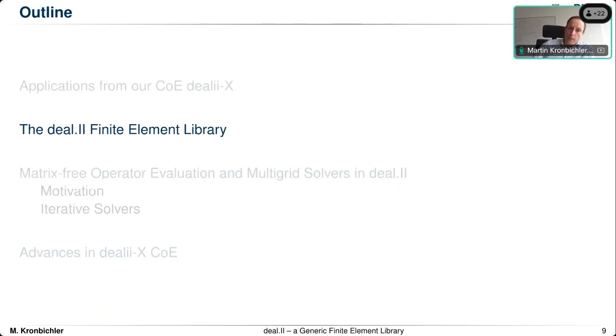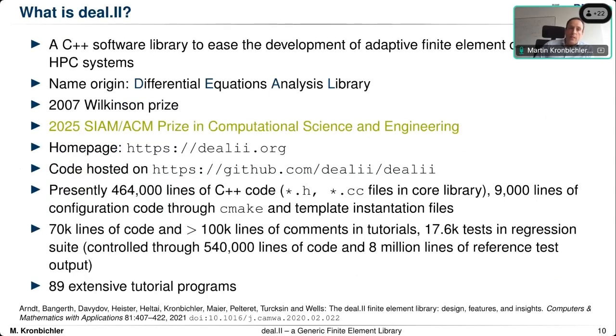Okay, I hope I gave you some glimpse of the library usage. Now I want to go to the library itself and explain to you where it comes from. deal.II is a software which is targeting the development of adaptive finite element codes. The name of deal.II is actually Differential Equations Analysis Library. This is abbreviated to deal, and then it's called deal.II because it's a mathematical software which is in